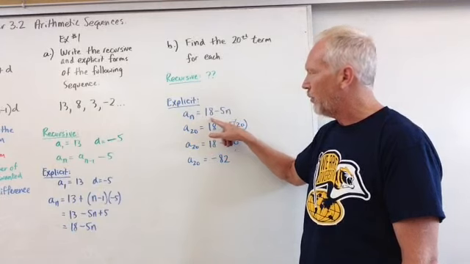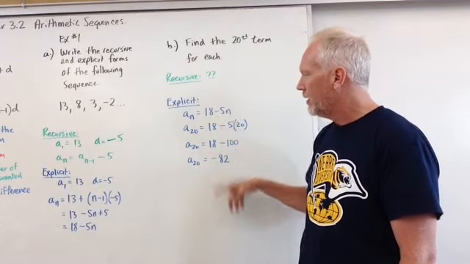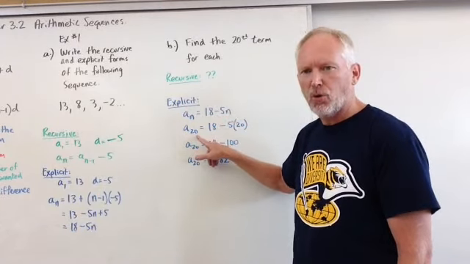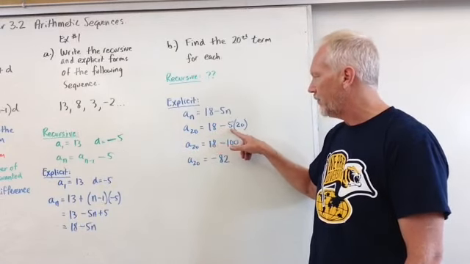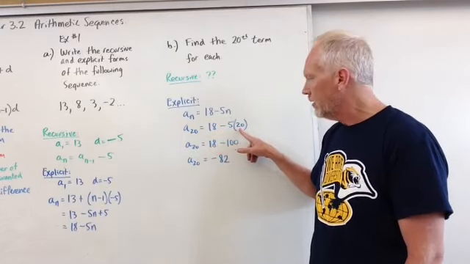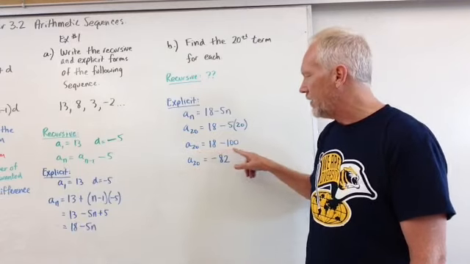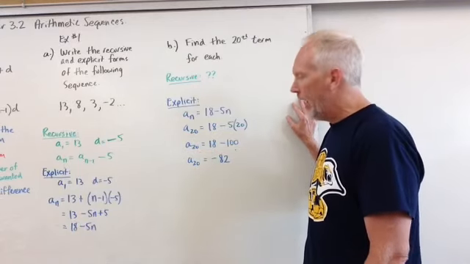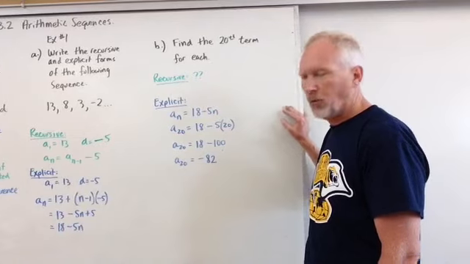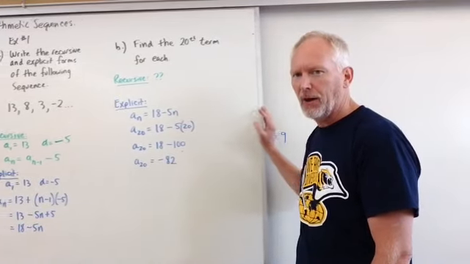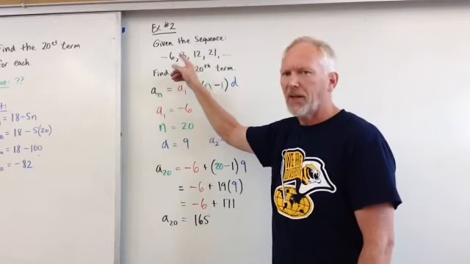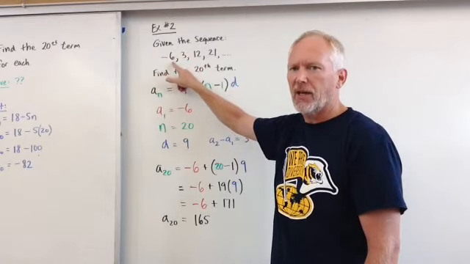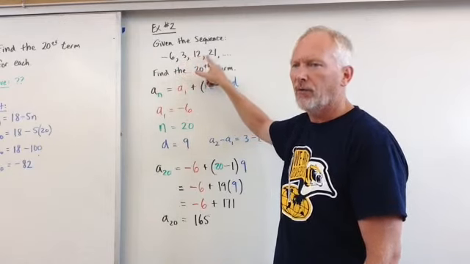So a sub n we found was 18 minus 5n. We're going to plug in a sub 20, because that is the number of the term we want. 18 minus 5 times 20. So we get a sub 20 is 18 minus 100, and that is a sub 20 equals negative 82. All right? Example number 2. Given the sequence negative 6, 3, 12,